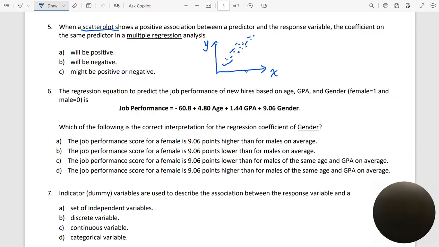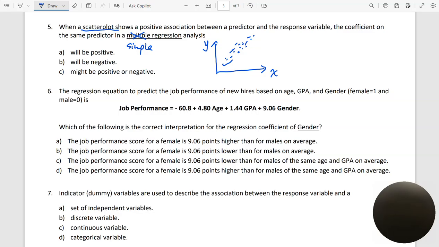That means when x increases, the y will also increase, right? Okay, so then the coefficient for the same predictor in the multiple regression analysis will be positive, negative, or don't know. All right, so in this case, if I change this multiple regression to simple regression,